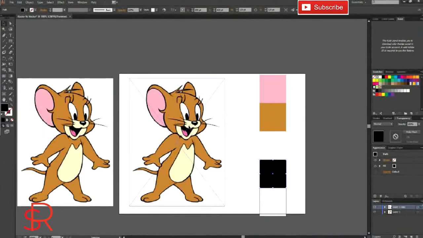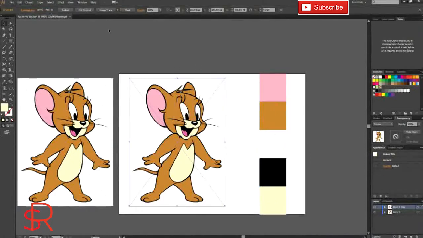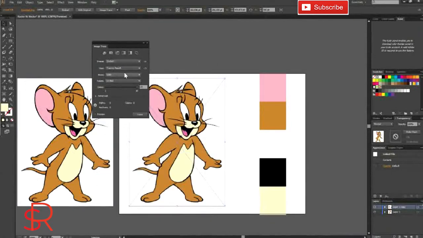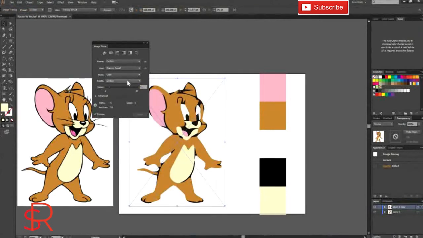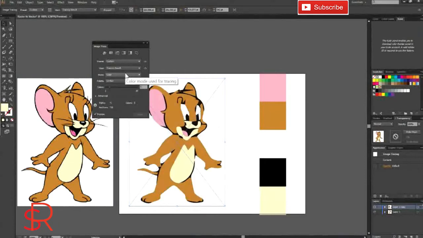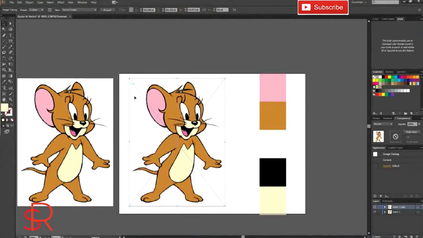Once we are done with filling the colors in the swatch box, then after that we will start making changes. So first of all, select the image, and after that we will just use one option that is called Image Trace. So we have to just click on Image Trace, and after that we will start making changes. This option will be available on the artboard area itself, and it will also be available in the Window option. As you make the changes, in the same way you will find the result over here. So this is an automatic option. This is the first method in which you will convert one raster image to vector images.